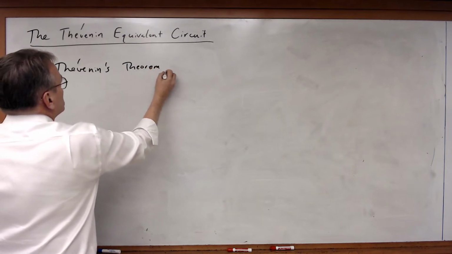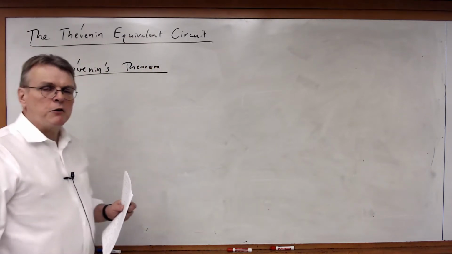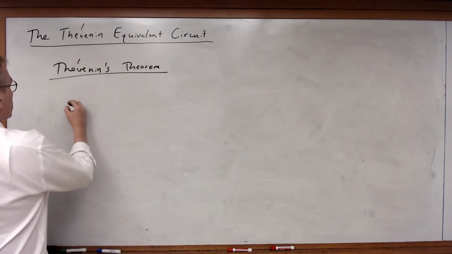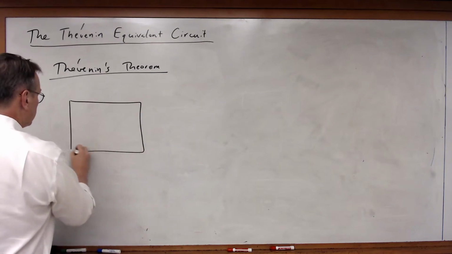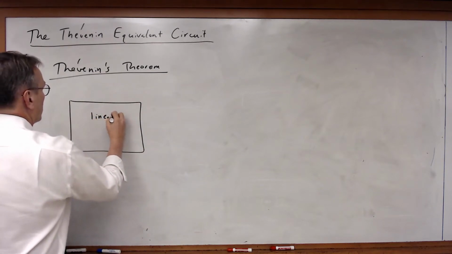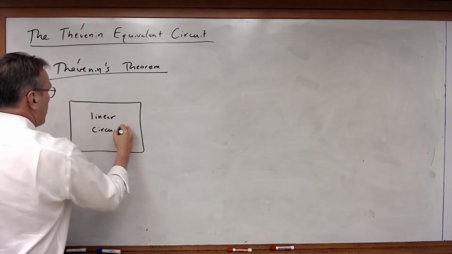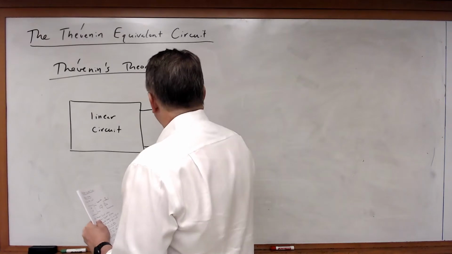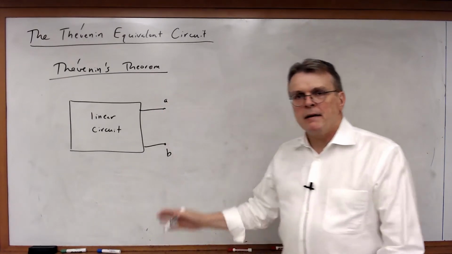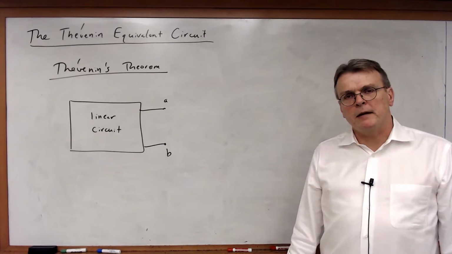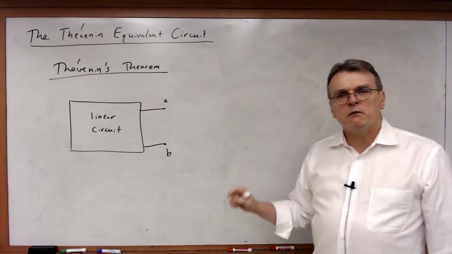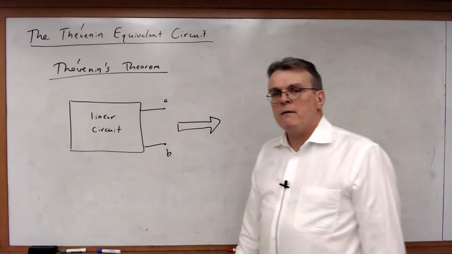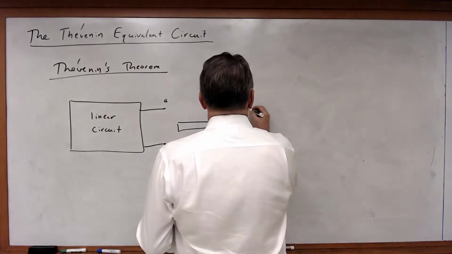Well, I'm not going to bother to actually go through and do the proof. You can find that in your textbook. But Thevenin's theorem basically says this. Given any linear circuit, which of course is what we are working on in this class, with two nodes A and B for that circuit, we can perform a transformation such that whatever is in this linear circuit can be reduced